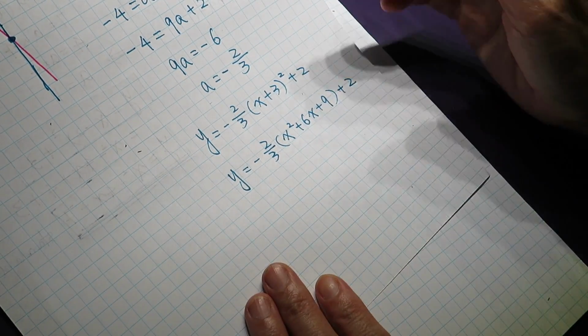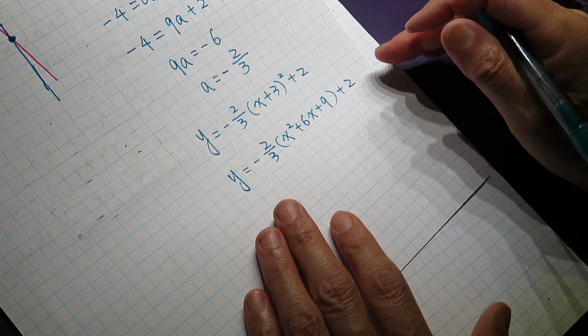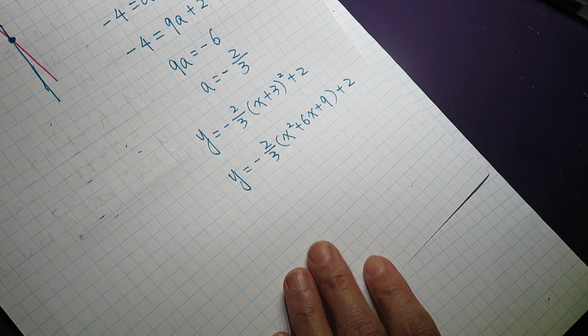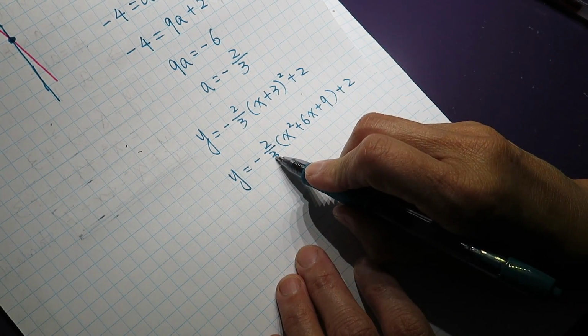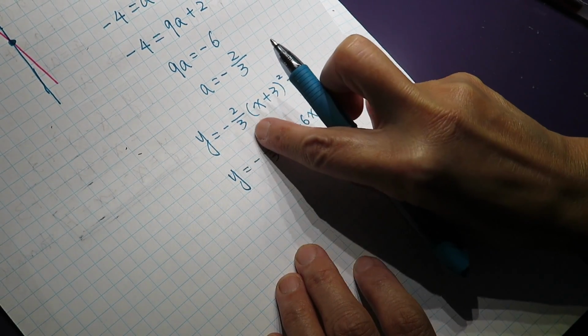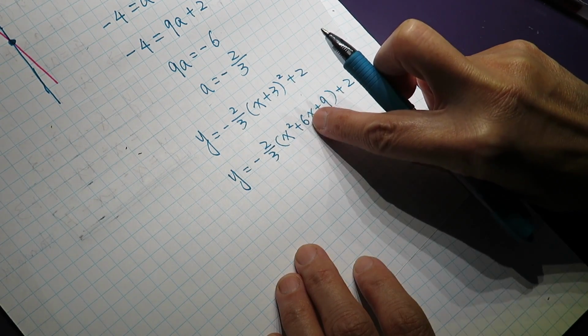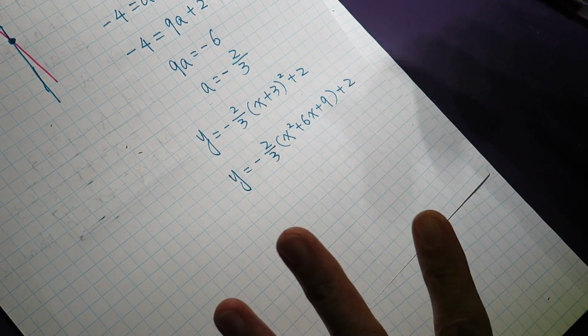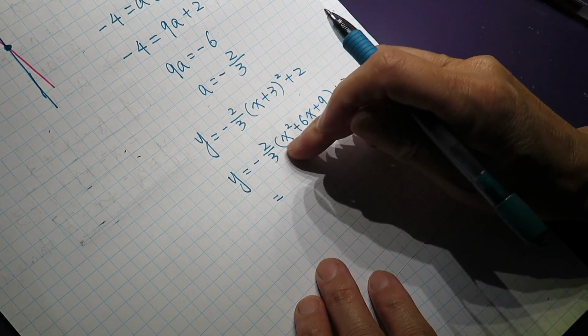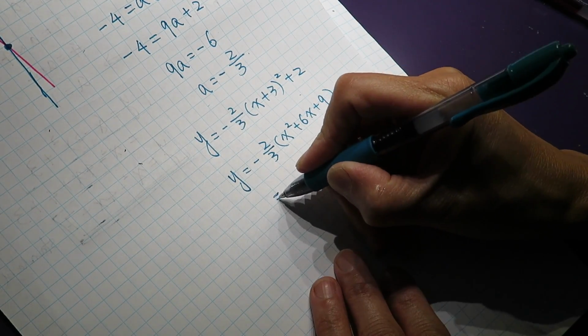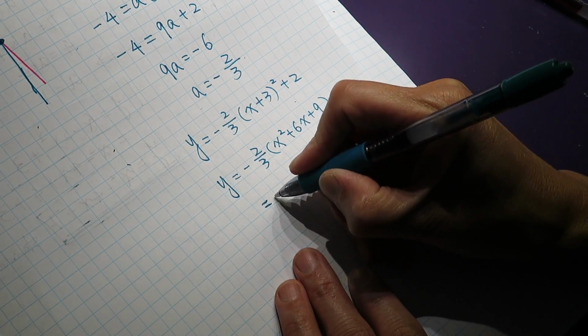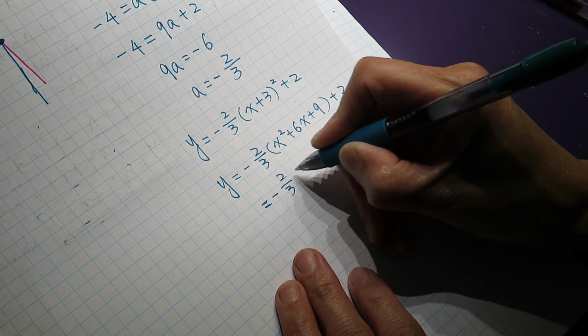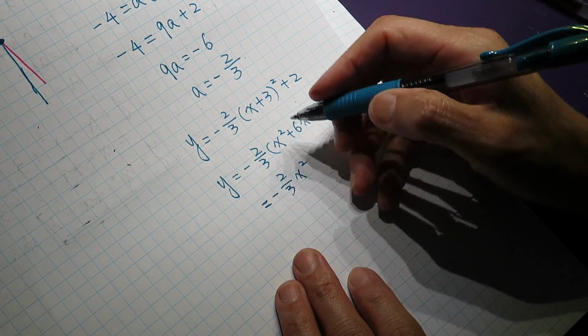You can do it whichever way, and this one seems pretty simple. So what I will do is distribute the coefficient into each individual term: -2/3 x squared,